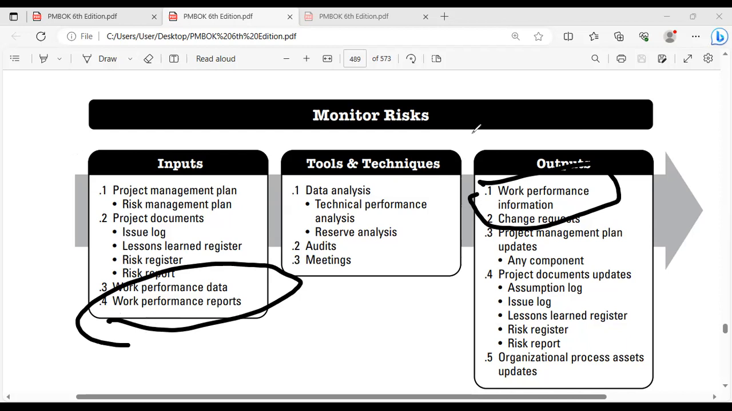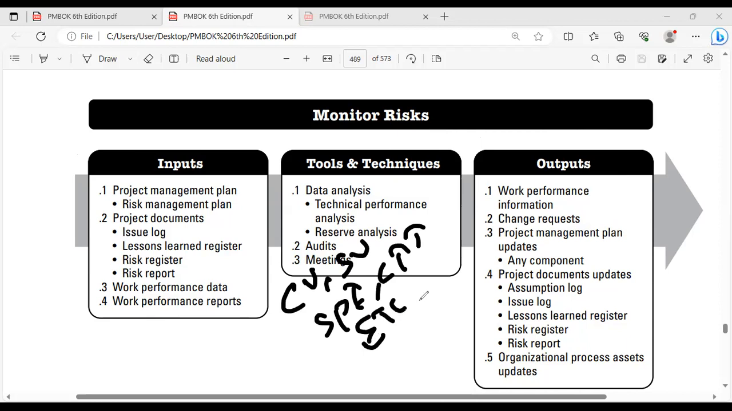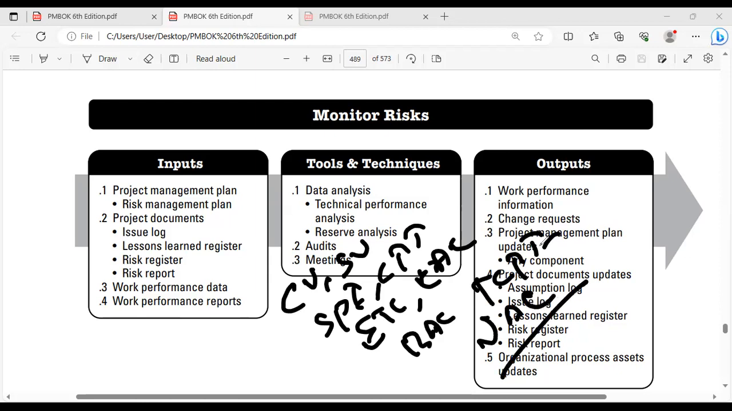They show the variances. The reports will show CV, SV, SPI, CPI, ETC, EAC, BAC, TCPI, VAC, variance at completion, percent spent, percent complete. All the equations will come in the performance report, right? If all these numbers or equations are negative,